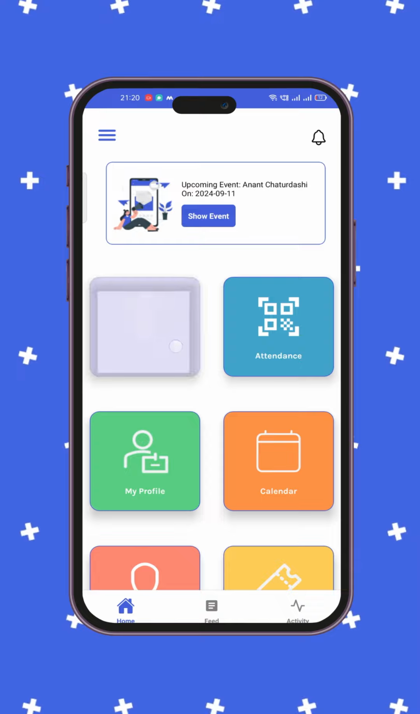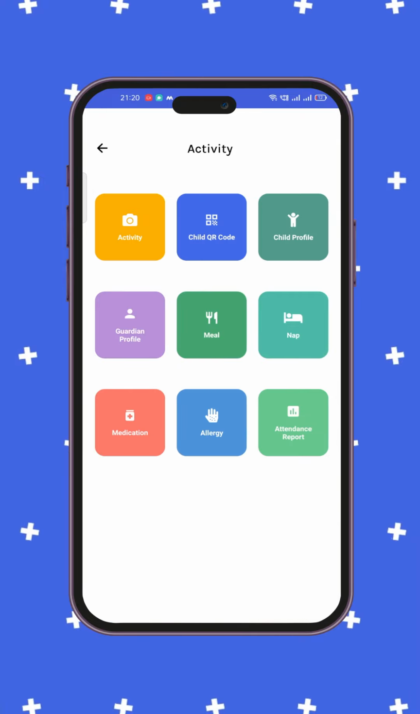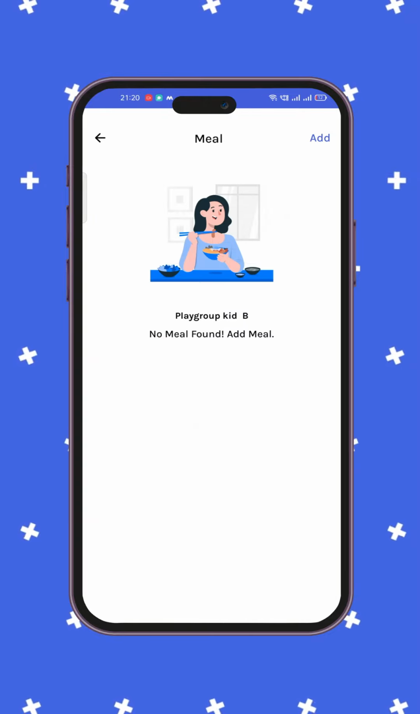Tap on the Child option. Select any child. From here, you can see all the information about that child. If you tap on the Meal option, then you will be able to see existing meals, or you can add